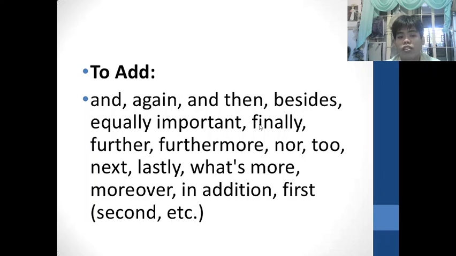Transitional devices that help add information are the following: and, again, and then, besides, equally important, finally, further, furthermore, nor, next, lastly, what's more, moreover, in addition, first,